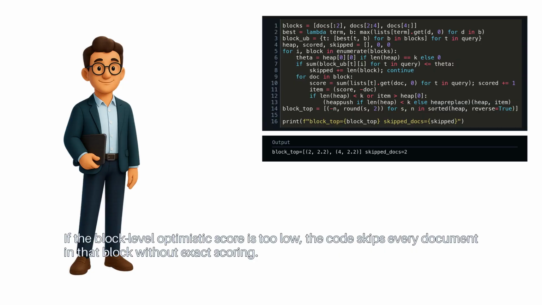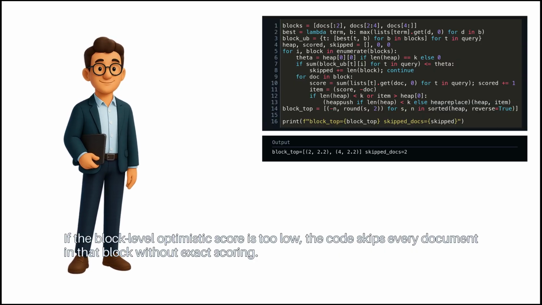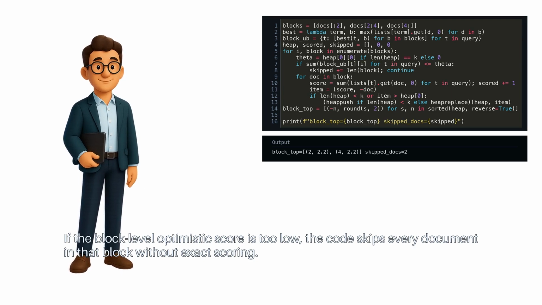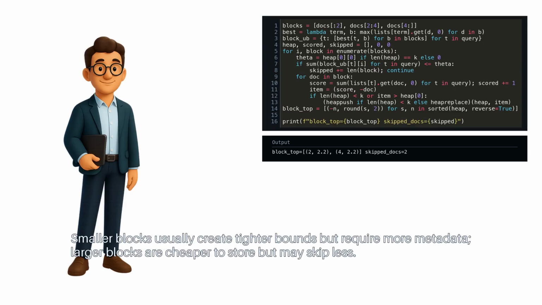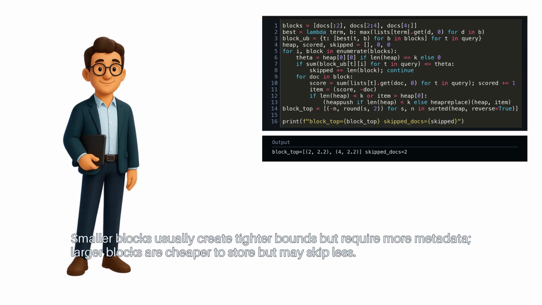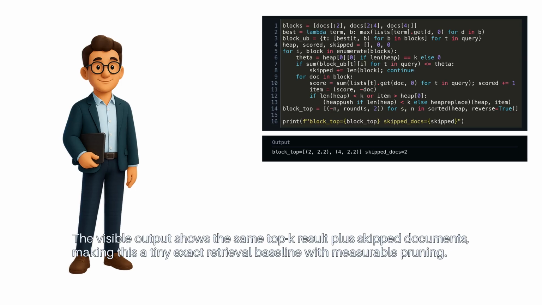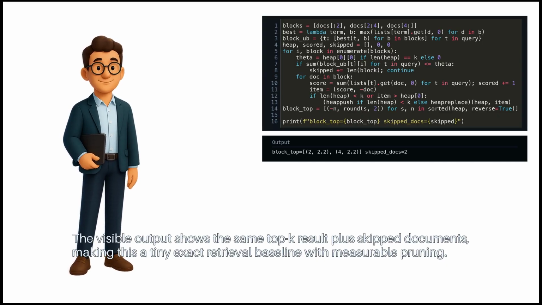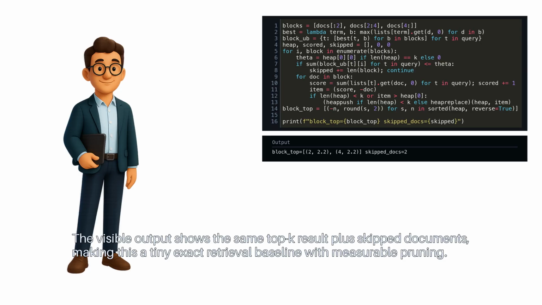If the block-level optimistic score is too low, the code skips every document in that block without exact scoring. Smaller blocks usually create tighter bounds, but require more metadata. Larger blocks are cheaper to store, but may skip less. The visible output shows the same top K result plus skipped documents,